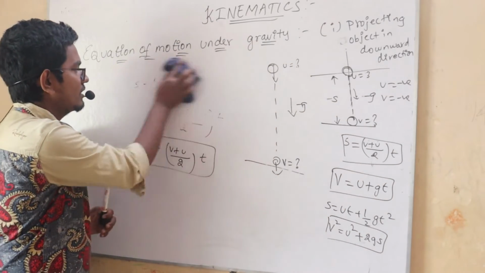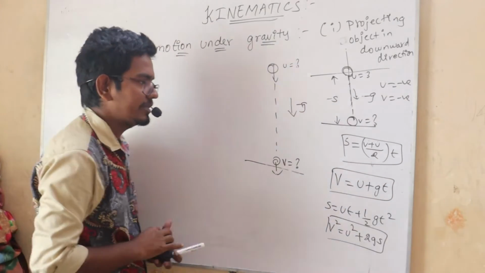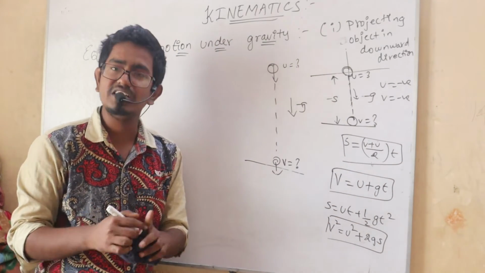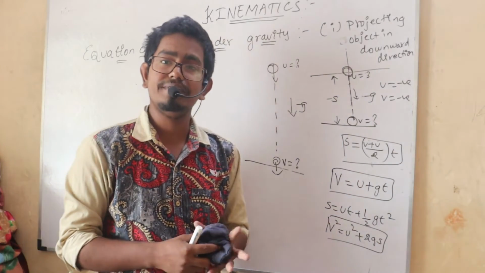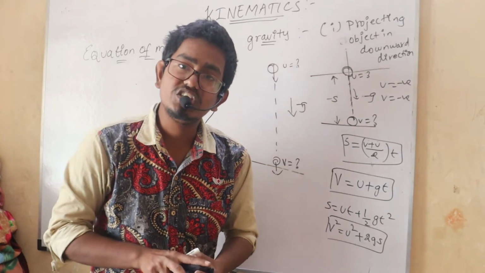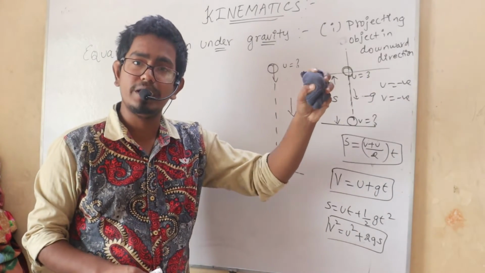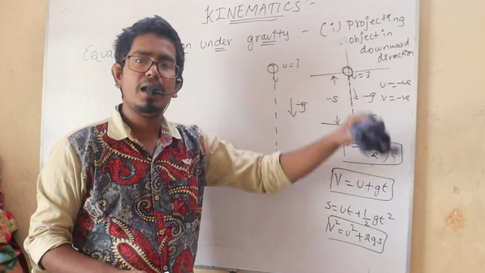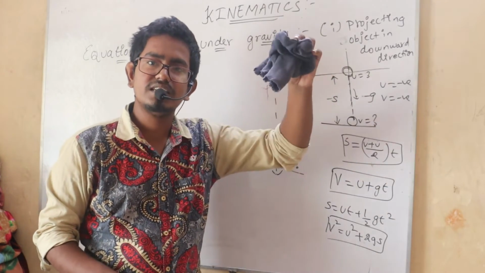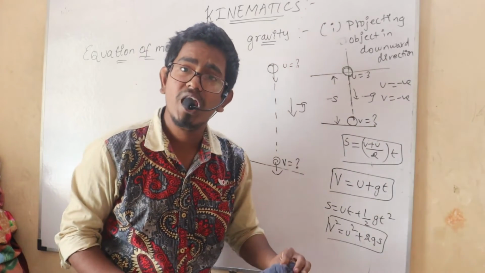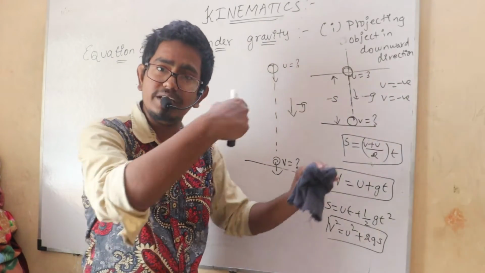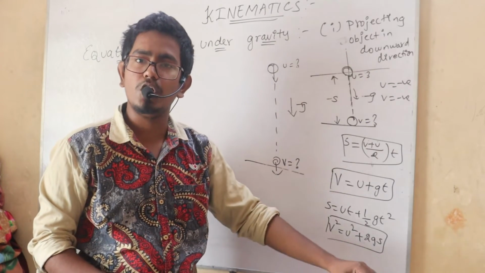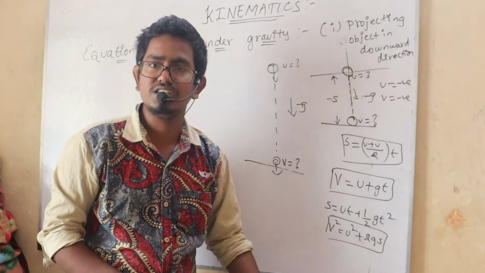If I tell you that my initial velocity is 0, that happens whenever I am not giving any initial velocity to the body. That means I'm not throwing my body like this, I'm just leaving the object. You can see here, this duster is falling down due to the gravitational force. The gravity is pulling this duster in the downward direction. As I'm holding it, the duster is not falling down, but whenever I'm leaving it, it falls down.